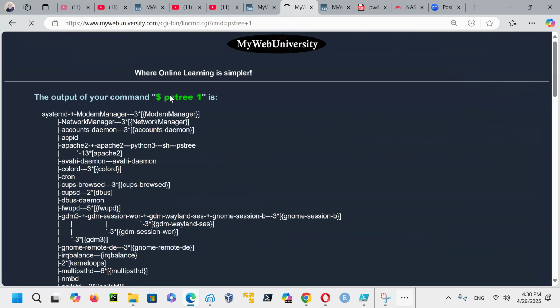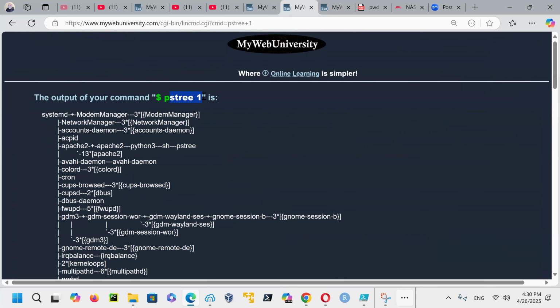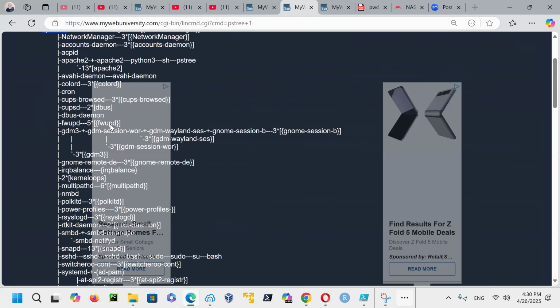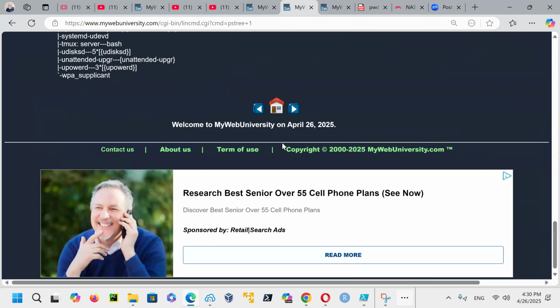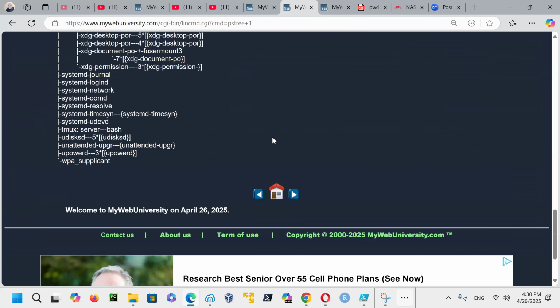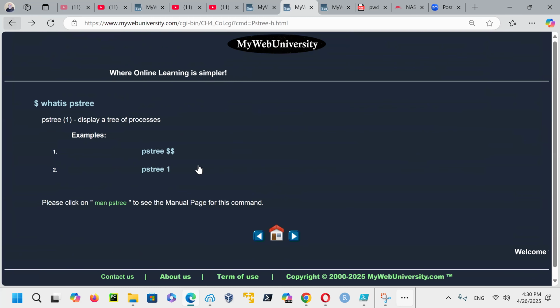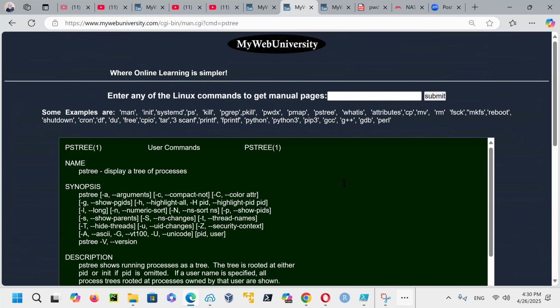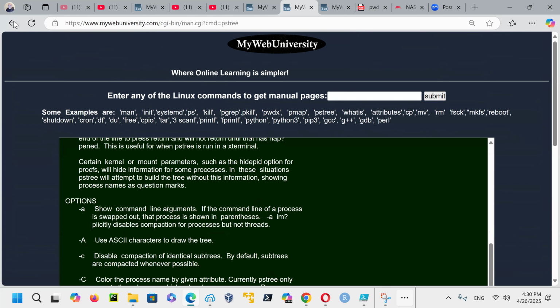When you click on it, this is the command, ps3, and the process ID was 1, and 1 is systemd, and then here's the output in a stream 3. So you get the output, all of this process with all the threads and everything there. And if you just say, give me the manual pages, you click in here, and I give you the manual pages here.